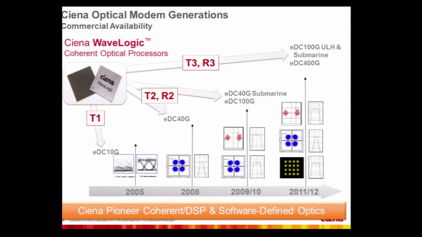This was also used for a submarine version, which is BPSK, so you use only 2 phases and you have more signal to noise ratio margin, so you can bridge the long submarine systems. A slightly faster version was used as 50 gig, and then by using 2 of them in a dual carrier configuration, we were able to support 100 gigabit per second in 2010. So this was not truly a single carrier 100 gig, but it did provide a 100 gig interface for those customers that needed it.